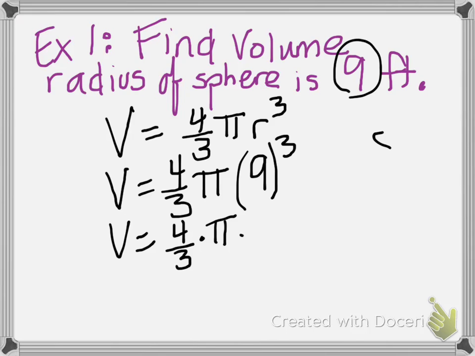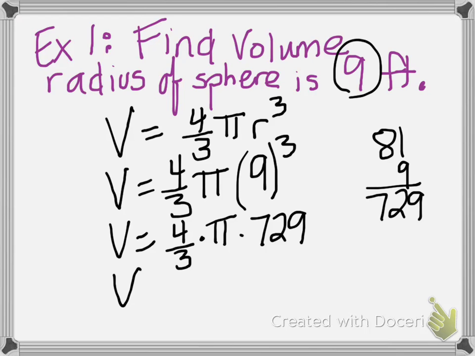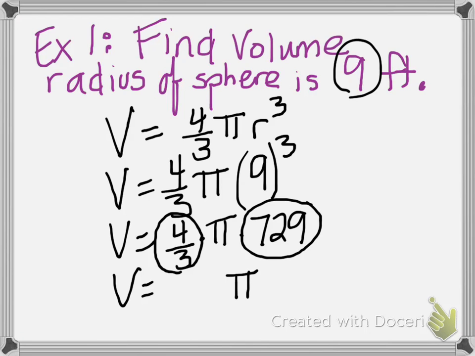9 times 9 is 81 times another 9, 729. Now I'm going to leave pi as pi, so I need to combine my 729 with my 4/3. Let's make some space. 729, it might be divisible by 3, so let's check. The rule for 3 would be to add up all the digits. 7 plus 2 is 9, plus another 9 is 18. 3 does go into 18, so let's divide 729